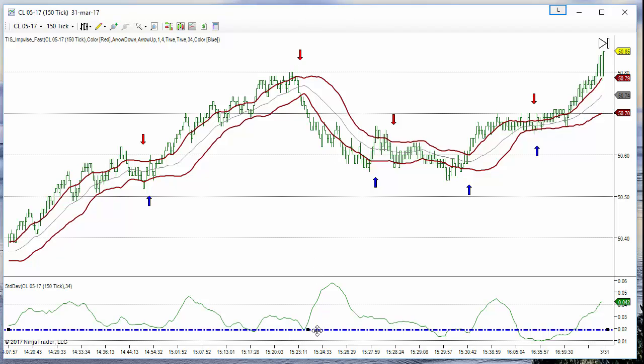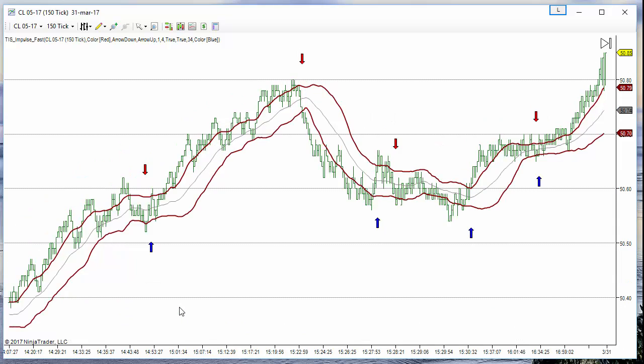Like for example, if we want to get this signal, then we avoid the fake signals when the volatility is too low, so when the size of the channel is too small. This is something that we can do with Markers Plus,